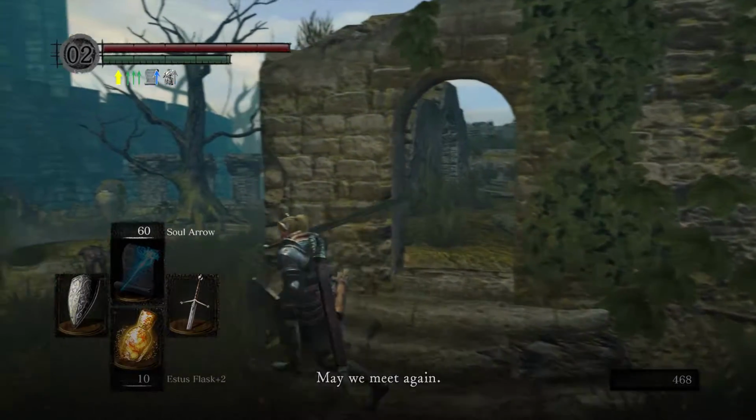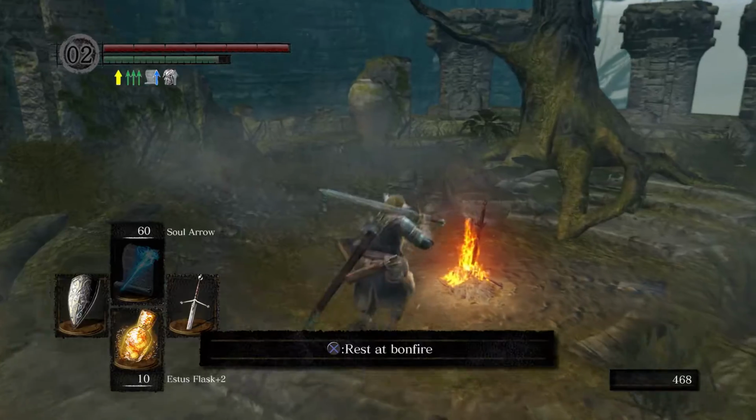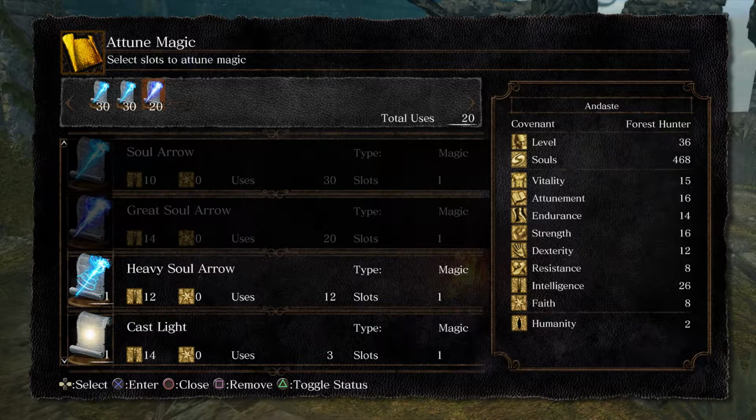Alright. So, let me take a quick rest here. We're going to attune magic. We actually have an extra slot, but I'm actually going to take Heavy Soul Arrow off. I prefer to have more copies of the same spell, not lots of different spells, so it's much easier to manage. You can change the order of this as well. Obviously, I don't need to with 2, but essentially, it's worth putting your...